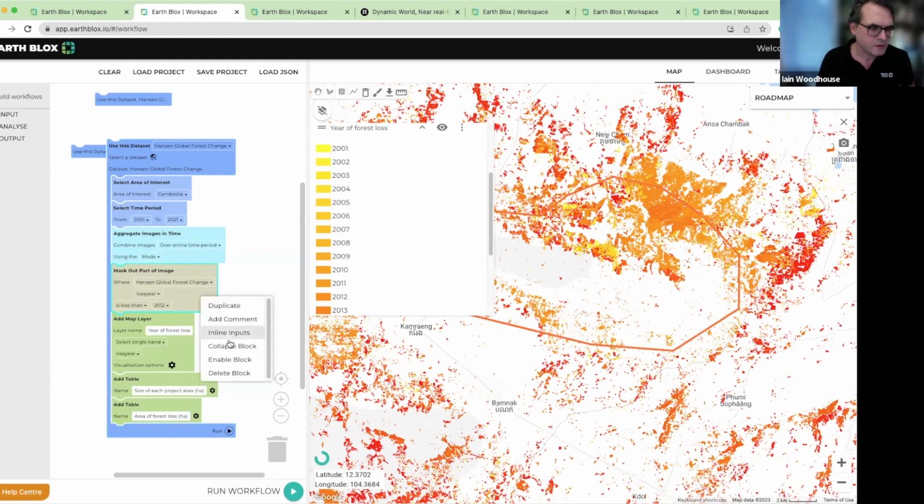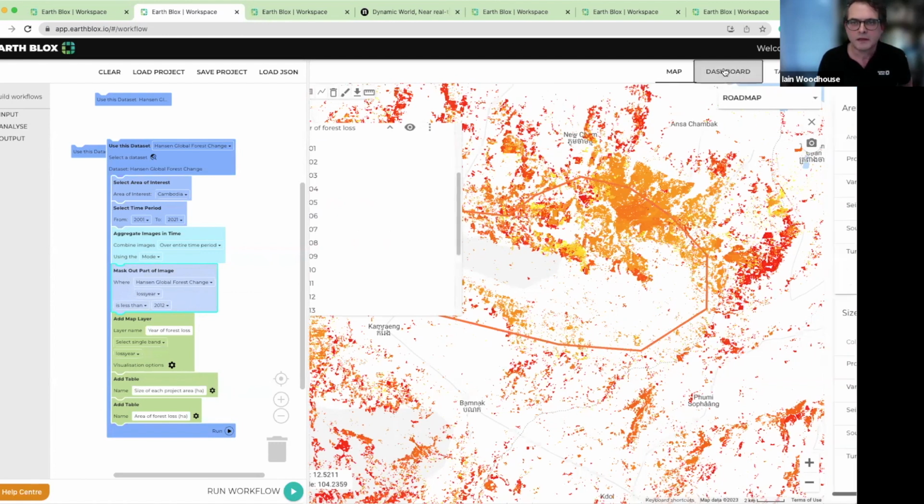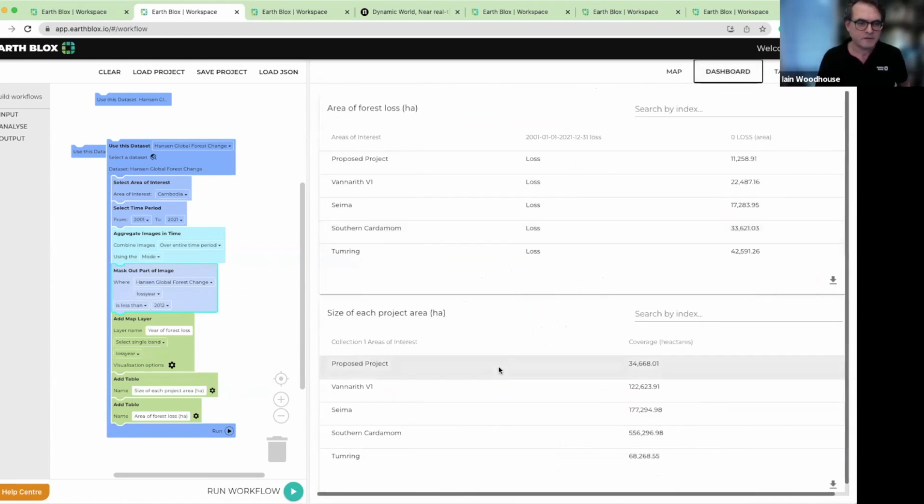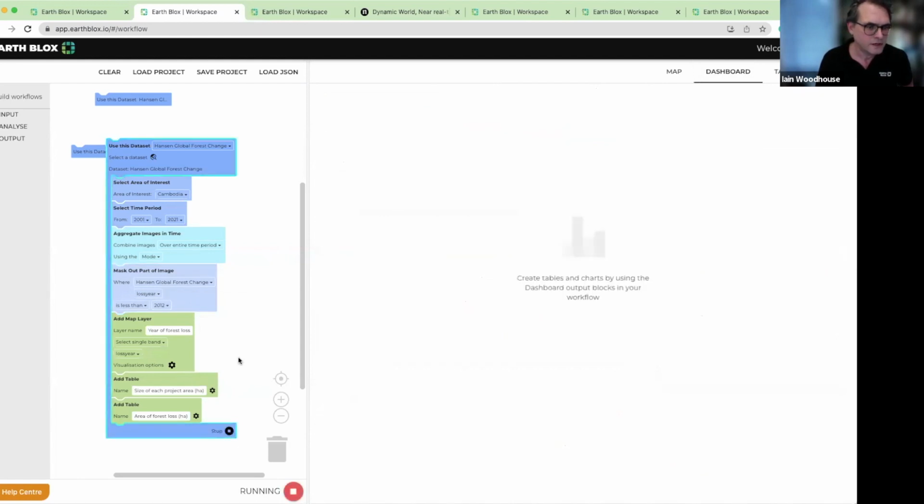In fact, there's this block that I disabled. So this block is now going to filter, so we're only going to look at the last 10 years. If we look at the last 20 years, our proposed project site has had a loss of 11,258 hectares, so it's almost a third of the proposed project area that has been lost over the last 20 years. Now that I filter this,